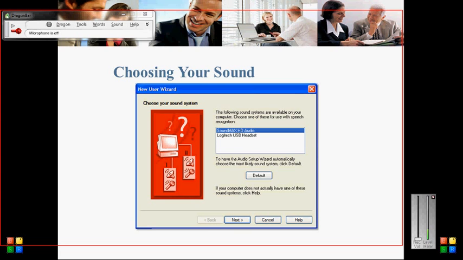But if we work with other practices, we will just typically use whatever microphone they have installed, whether it's a Logitech USB headset or it could be a dictaphone. It's one of those microphones. It looks like a microphone. It's a handheld microphone that